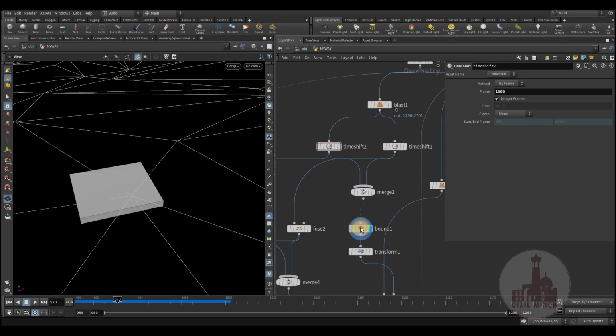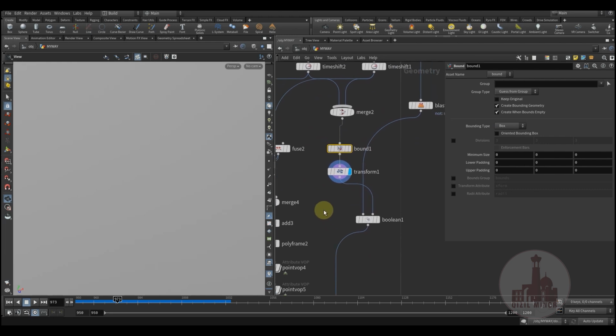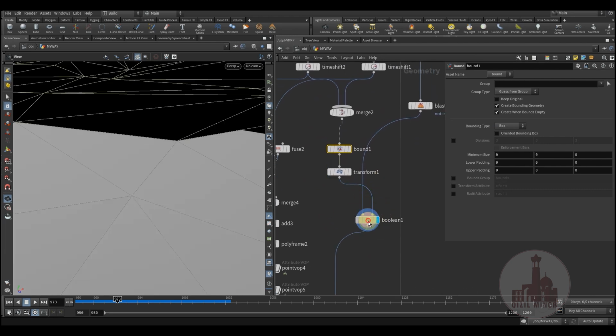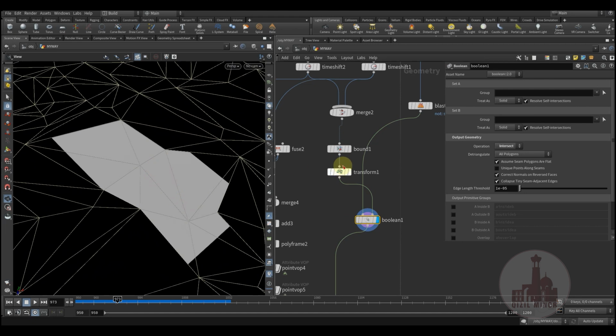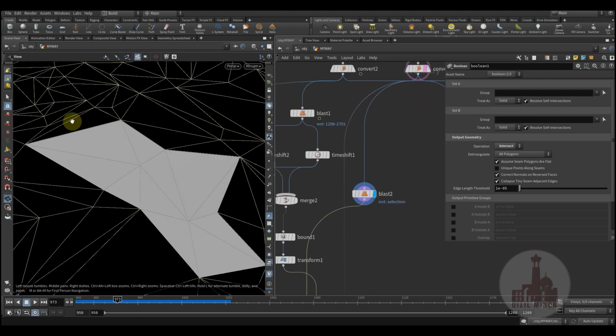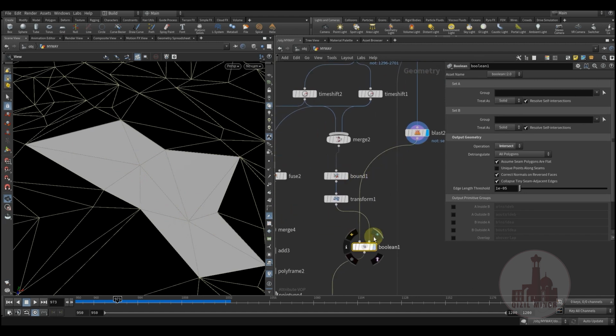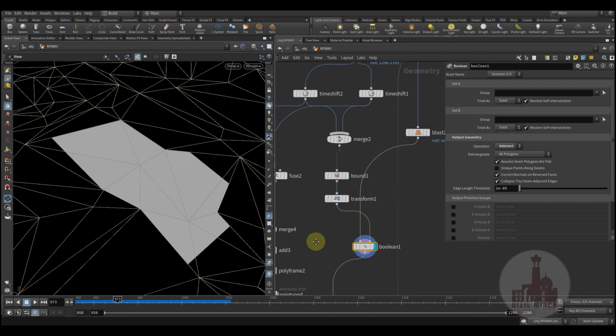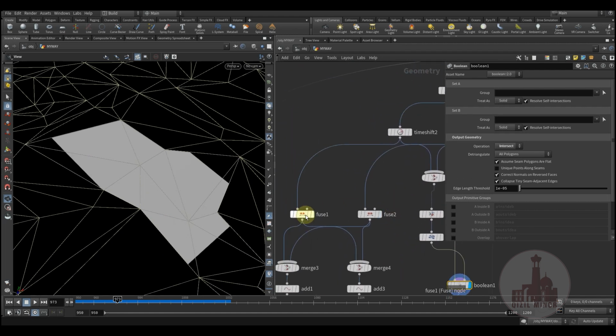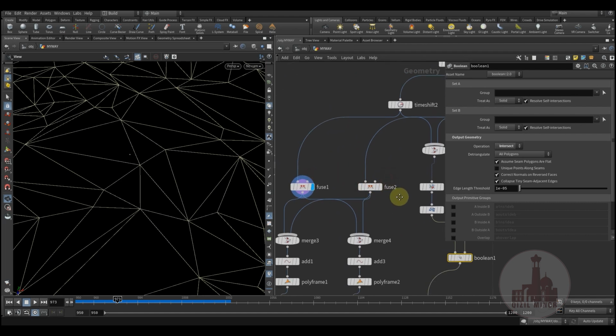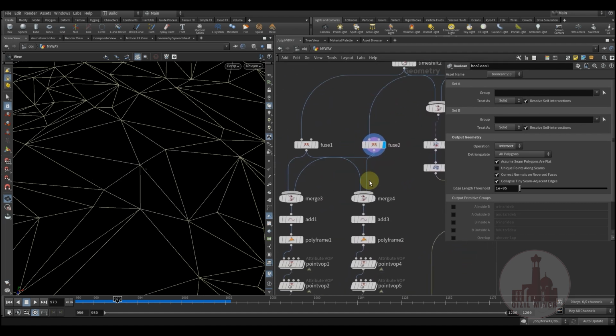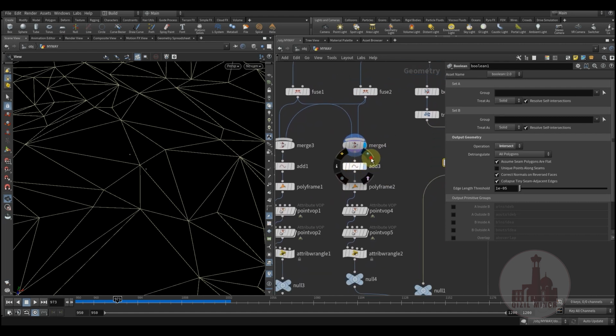Okay. Then I created sort of a bound and cut this geometry out from here. I have a rough cut of the geometry, which is where the worm is moving in this area. So I'm trying to reduce the polygon size. So here I'm cutting it once, then I'm fusing the geometry, the static head geometry, and then I'm